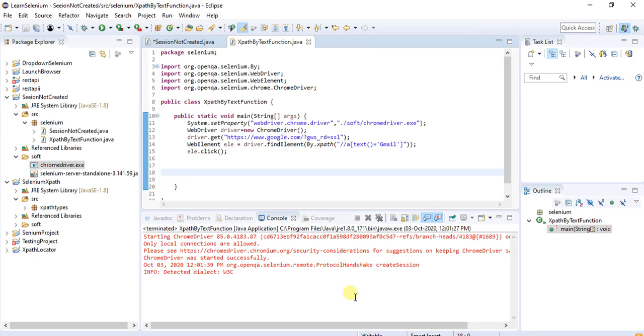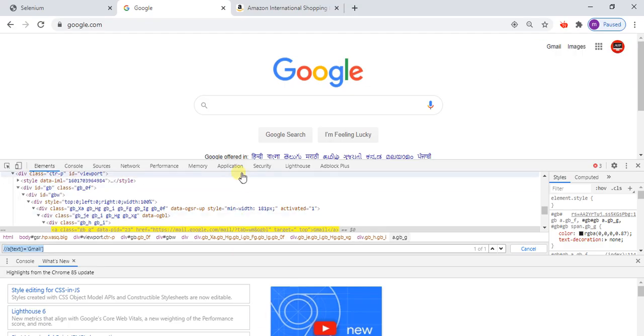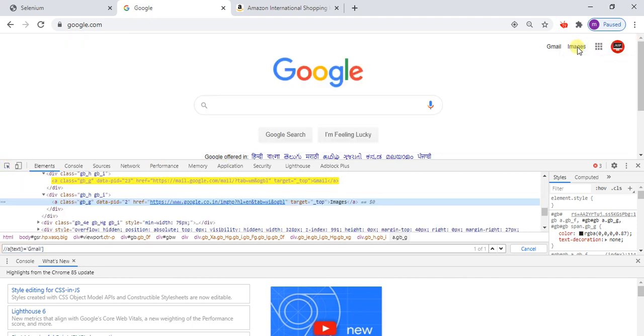I am going to show you one more example. I will go to the images here. This is also a text function. I will press Control F and we will find, see here, this is also one of one. Instead of the text function, I am going to add a dot.